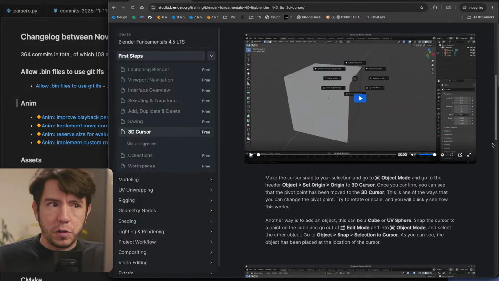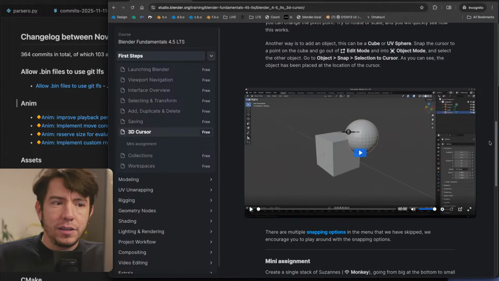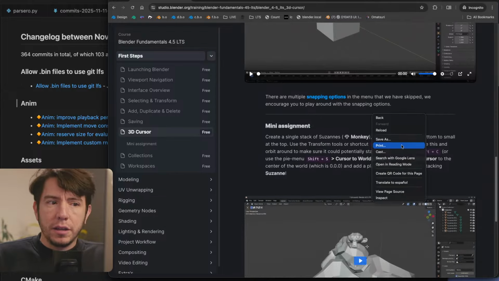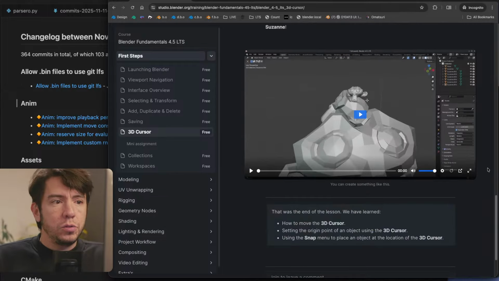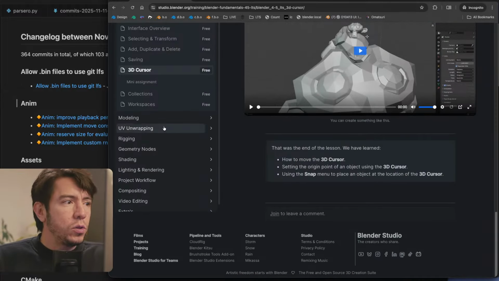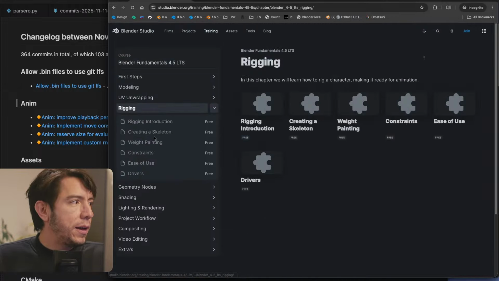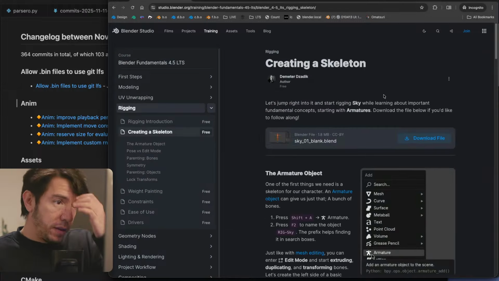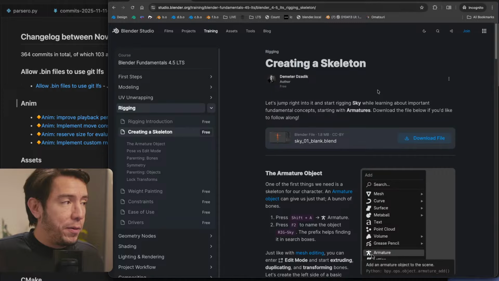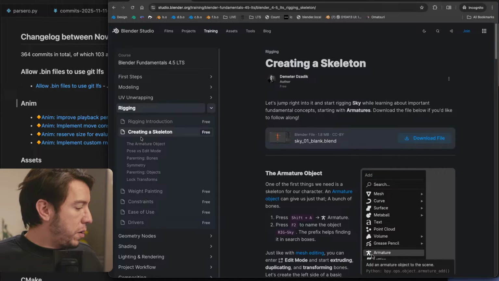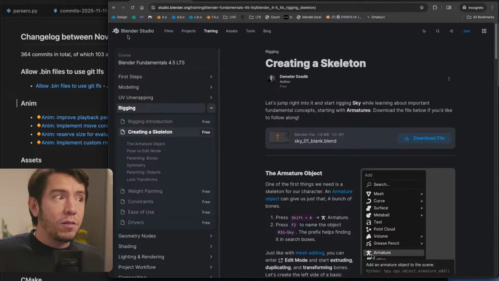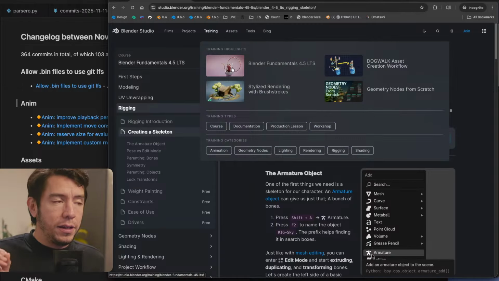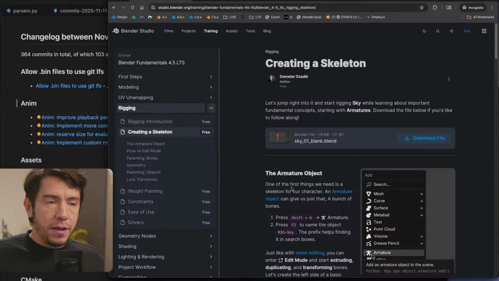So you learn Blender from scratch, but in text. So it's easier to translate, to search in a page, to go step by step. And this is super nice, actually. It's very, very nice. So it's good to see that this is happening, and this is thanks to the Blender Studio people downstairs, who release all this entire training for free.